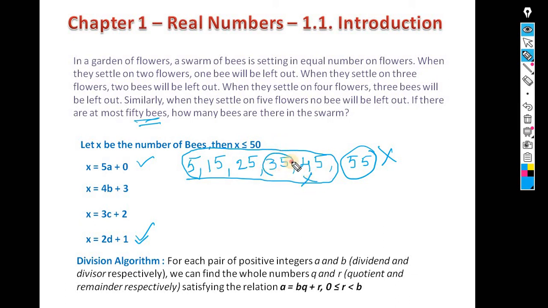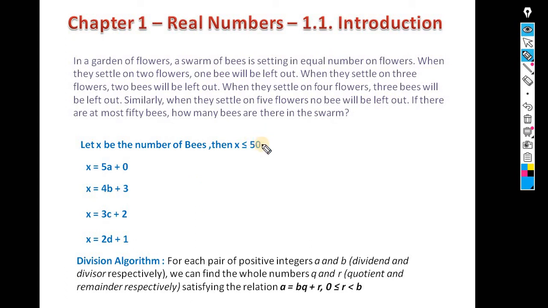If I consider 35, what is going to happen? So let us say, if I take 35 and then divide with 5, 7 times 35, and 0 will be my remainder, which is satisfying the first condition. So 35 will be the value which I have considered. I am trying to divide with 5. 5, 35. How many times? 5 sevens are 35, and the remainder is 0. That means the first one is satisfied.